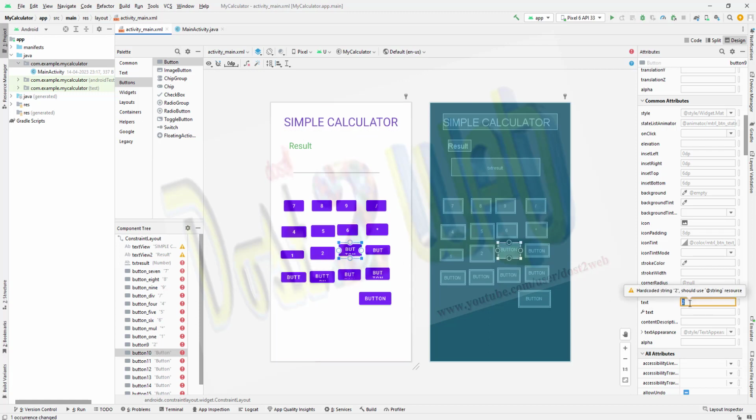Let me change so ID will be changed accordingly. So this is the subtraction. This is number 2. This is number 3. We have to wait for sometimes. Okay. So button 2. Button 3. Okay. So point,